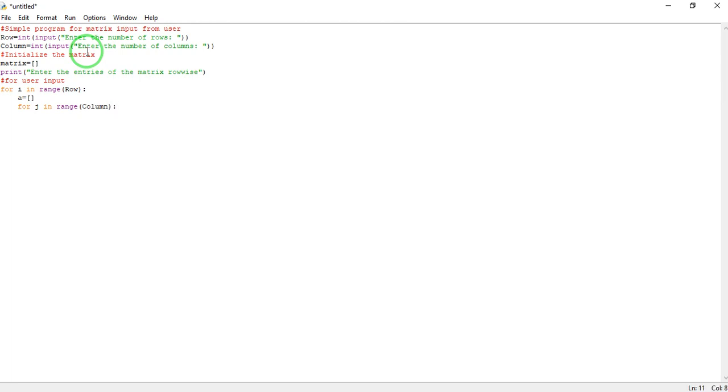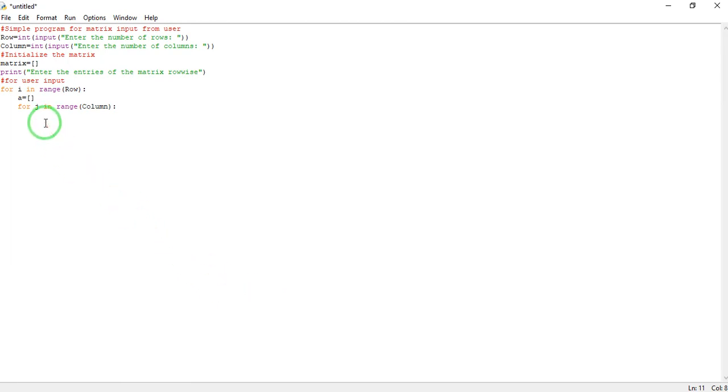Now what happens is, first for i equals 1, we will add the entries of the column. So if i equals 1, we will take the first row, then the first column, second column, third column, fourth column, nth column. Once the columns are over, again it will go for this i loop. Then it will take i equals 2, then add all the columns. Then once the columns are over, again go for i equals 3, add the columns. i equals 4, add the columns. i equals m, add the columns. That's how we will get this.